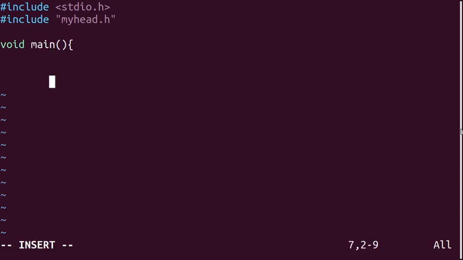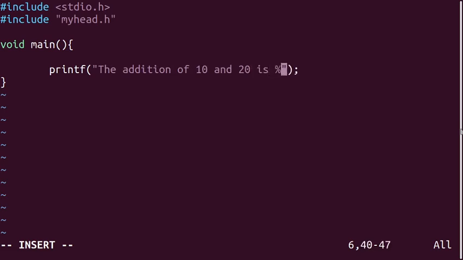The entry point function, here I will call my function.